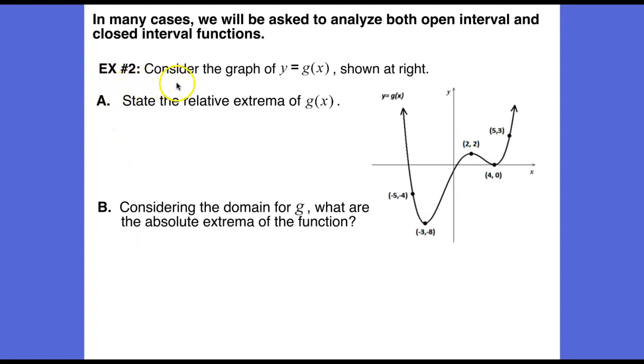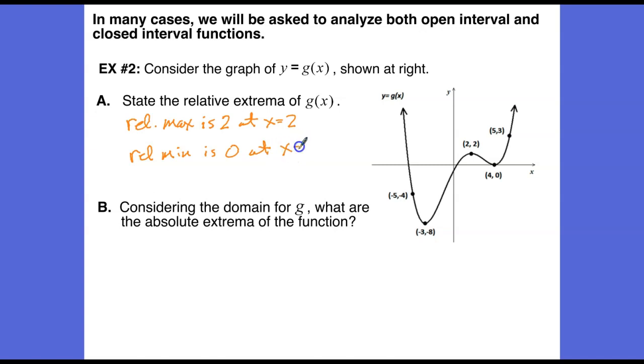In example 2, we're told to consider the graph of y equals g of x, shown at right. Part A, state the relative extrema of g of x. So for relative extrema, we can consider some bounded interval on the function. So for instance, we would have a relative maximum located at (2, 2). So we could say relative max is 2 at x equals 2. And we would have a relative minimum located at (4, 0). So we could say relative min is 0